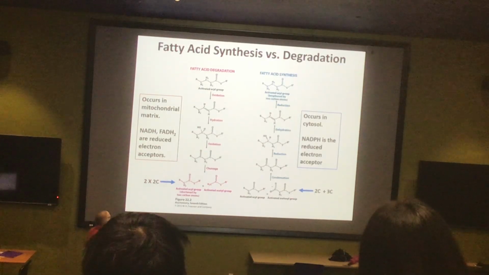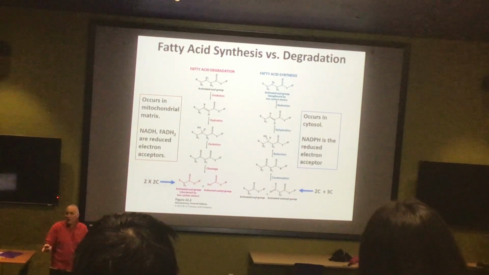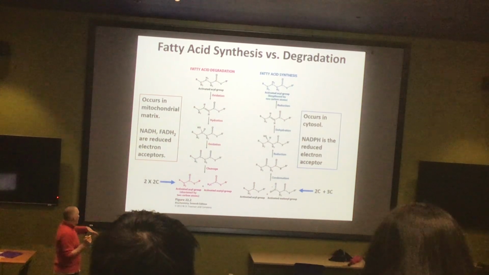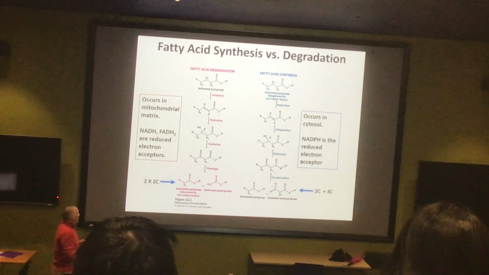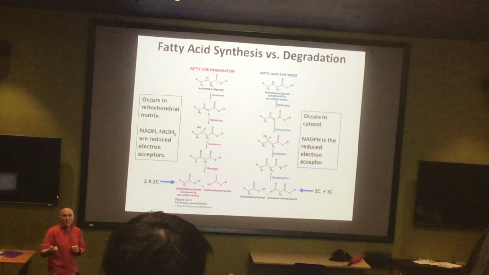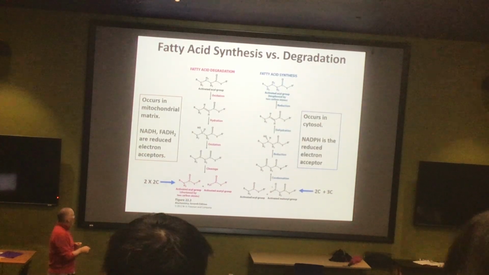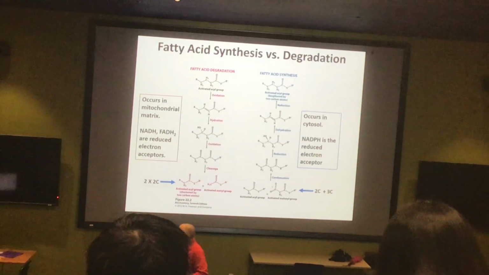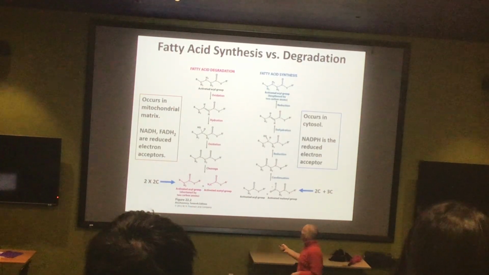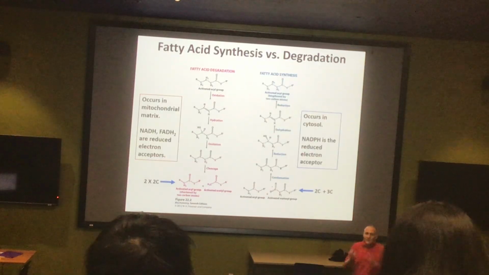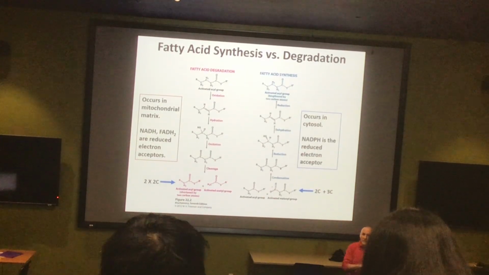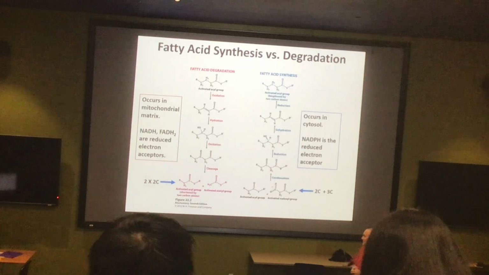Each time around, assuming we were starting with an even number of carbons in the lipid, which most of our lipids are, we generated two carbon fragments, including in the last step of the beta oxidation. The key is that this all took place inside the mitochondria, so it was segregated away from the cytosol. Most of our fun chemistry today will happen in the cytosol. That will make kind of sense to you.